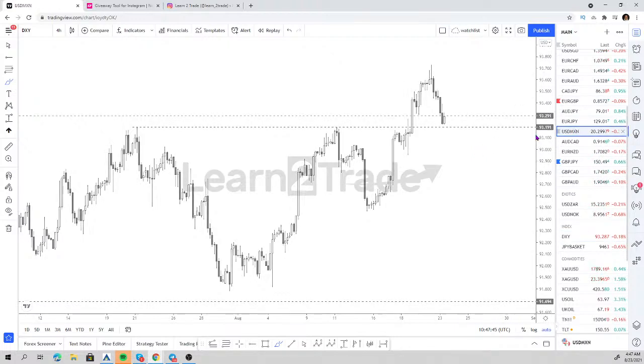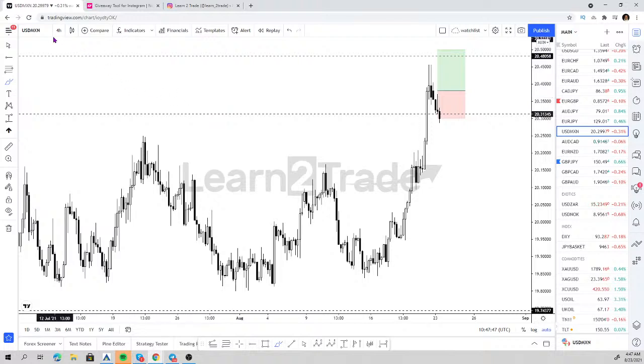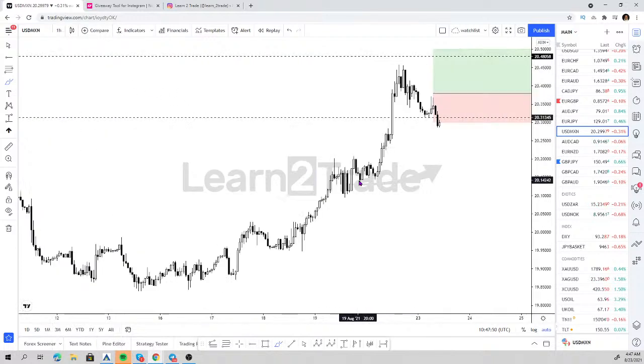In the case of the US dollar Mexican peso, let's move on to the hourly chart. My validation levels were today's highs, right? That's why I put my buy stops at the 2038 level. If I had bought at market, I would have been stopped out at a loss on that trade, right?